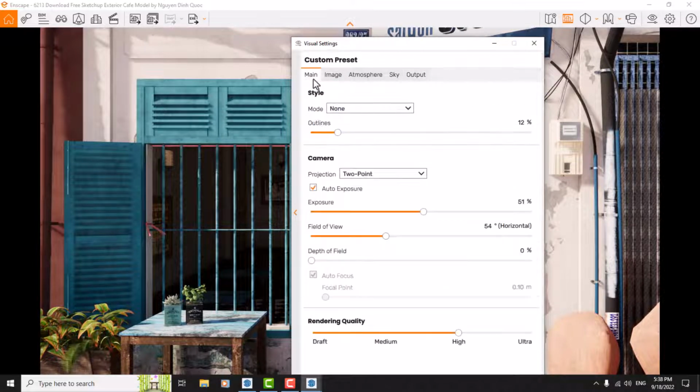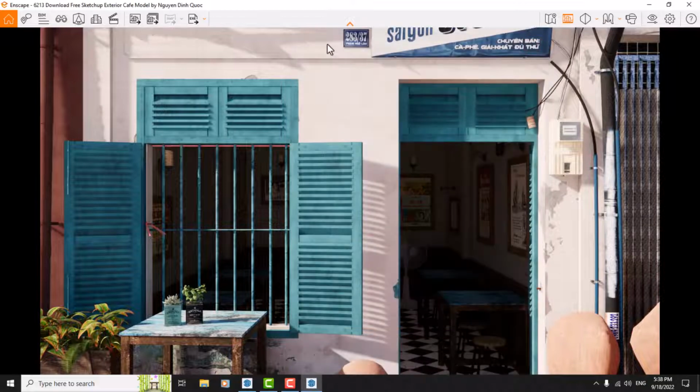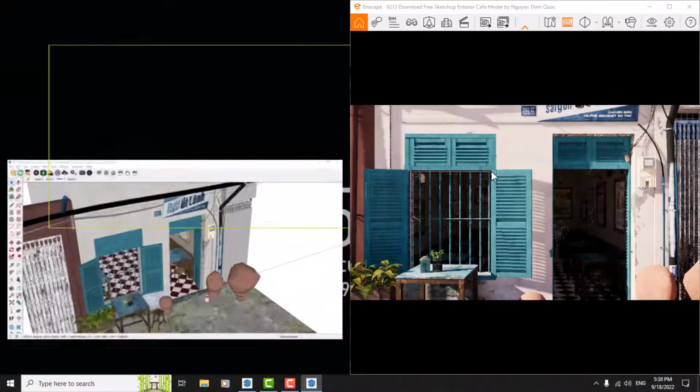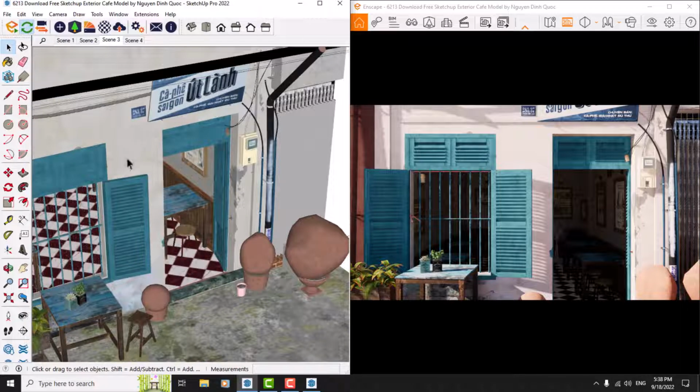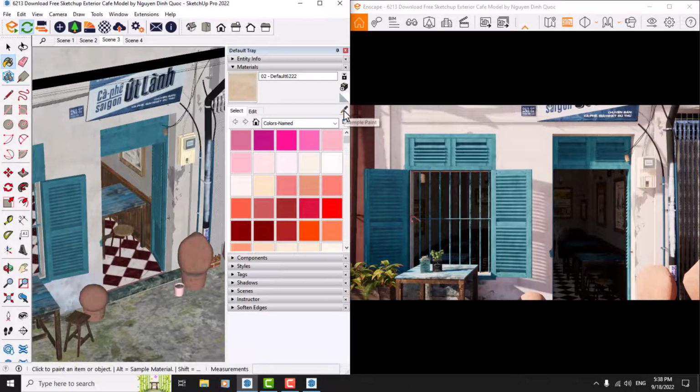Output is good, and now let's go for the materials. I minimize this screen and I choose the SketchUp model. So this model is a little bit heavy, and we wait for a minute. So I come to the paint bucket. I click on these sample paints. I don't want to change anything, just these plums on the screen, and I come to the Enscape material editor,